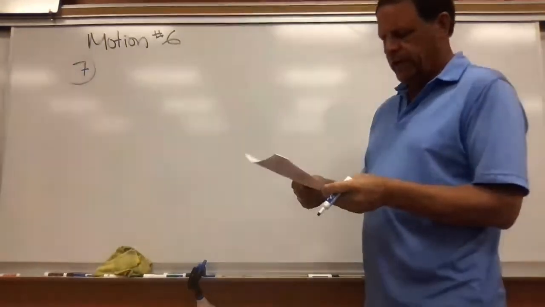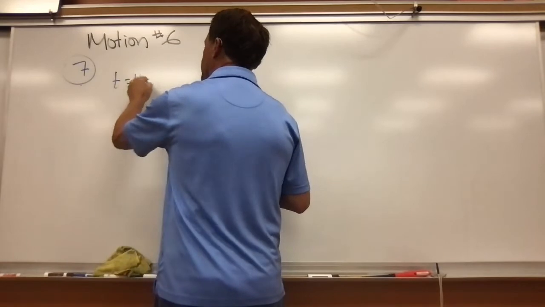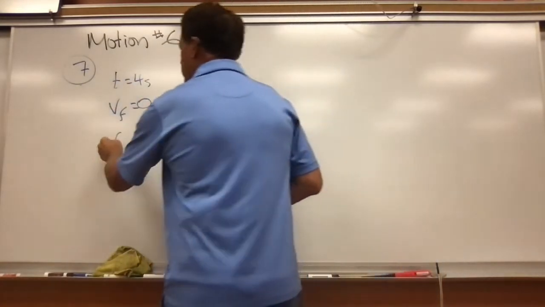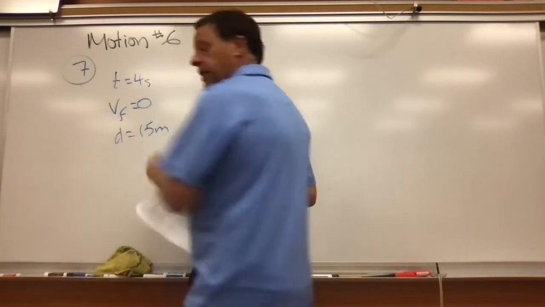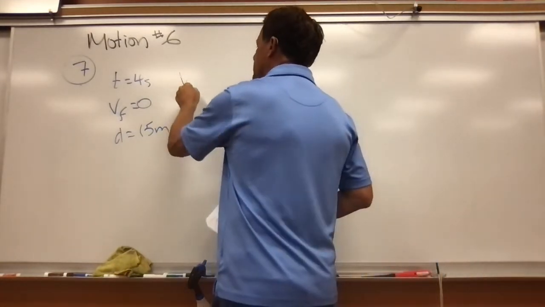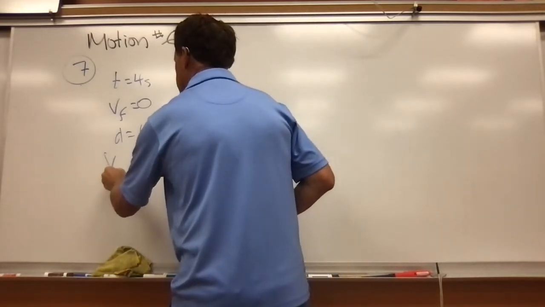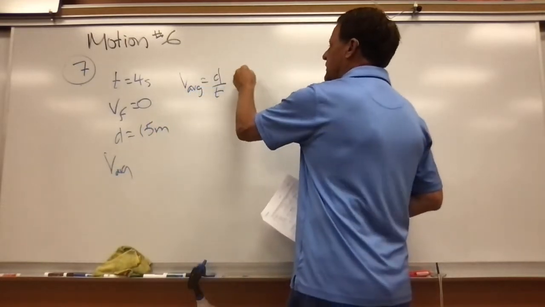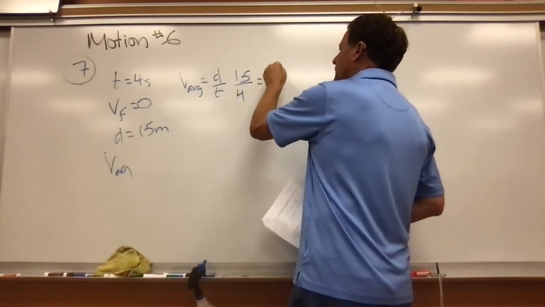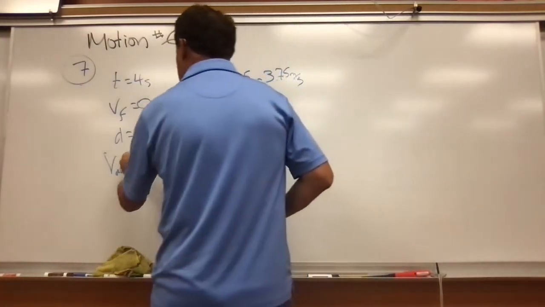All right, problem number 7. It takes 4 seconds for it to come to a stop, so our time is equal to 4 seconds. Our final velocity is equal to 0. We covered a distance of 15 meters. Okay, so now we can calculate the average velocity, which is distance divided by time. Our distance is 15. Our time is 4 seconds. So that means we're going to get 3.75 meters per second. Okay, that's our average velocity,